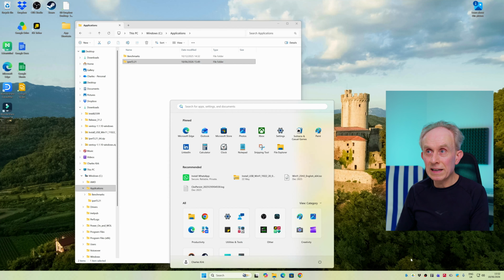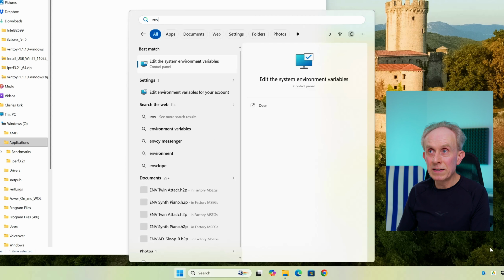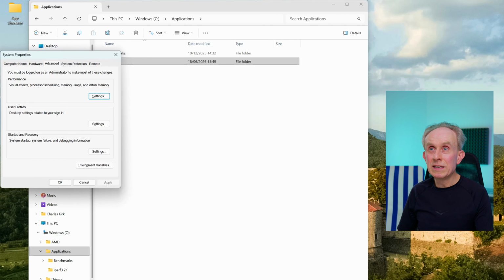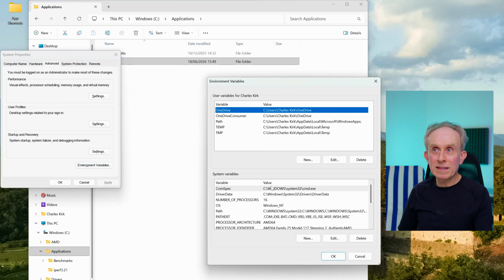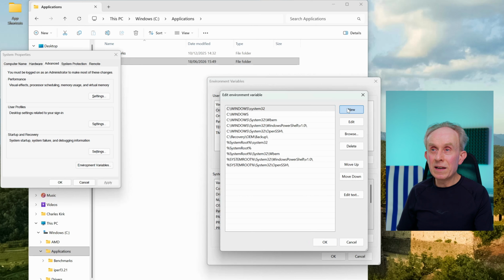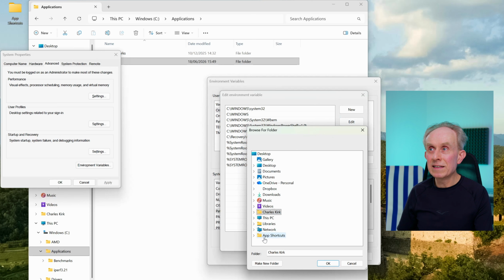So let's see how we do that. I'm going to press the Windows key, and then into the search box I'm going to type environment, and there you can see edit the system environment variables. That's what we want to do. We then click on this button, and then we want the system variables, not the user one. I want this to work whatever the user is. I'm going to go down to path, and I'm going to click edit, and then I'm going to make a new one, and I'm simply going to browse to that folder I just created, which is on C. So this PC,